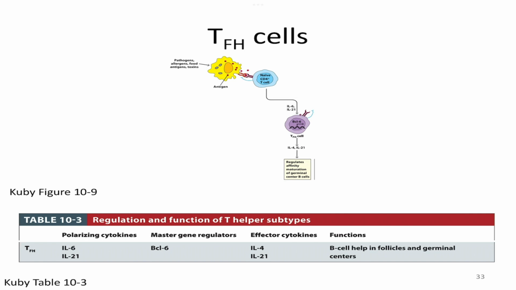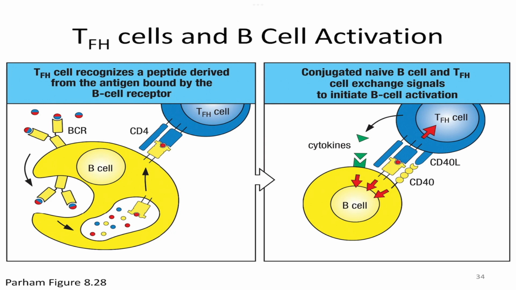And this is the reason why we had to leave off our B cells after we finished B cell development, because we couldn't actually learn more about some of these details of what happened to our B cell to make B cell responses until we knew about T follicular helper cells. So you can see our T follicular helper cell leading to B cell activation here. What you will notice is that our B cell receptor will be binding to antigen on that B cell before to sort of start this process of B cell activation. And you can see that our B cell will then